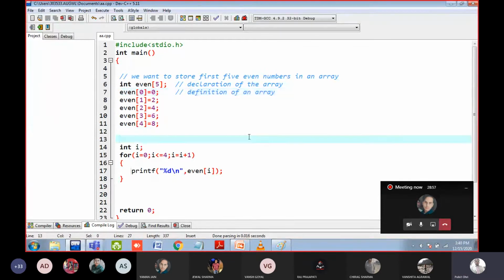We will do a lot of programs on array. This is the first program. Execute the program and do not directly copy paste the code from my screen. Just see the program, try to understand it, then open your compiler and type the code by your own without looking at my screen. The starting location of the array is 0, not 1.